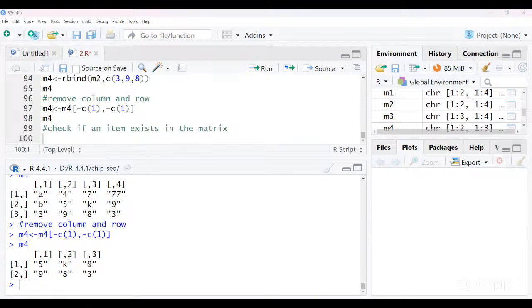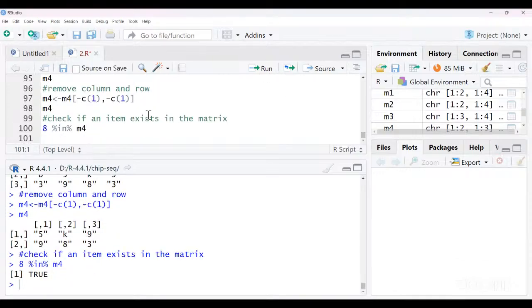So 8 in the matrix, which is M4. So it is true. I will give again 100 in M4. It is